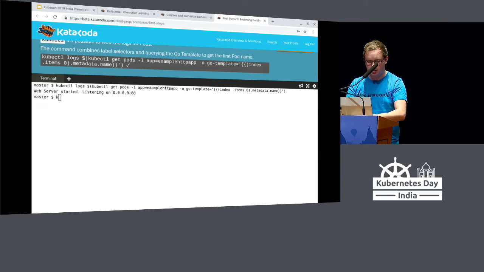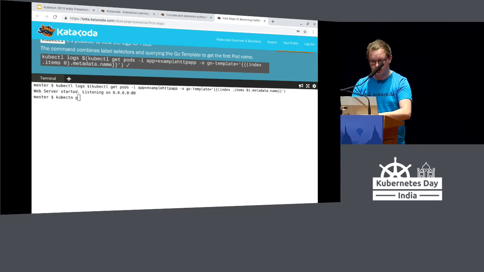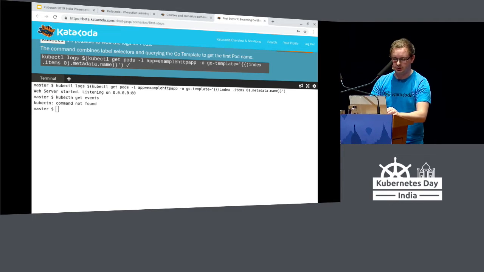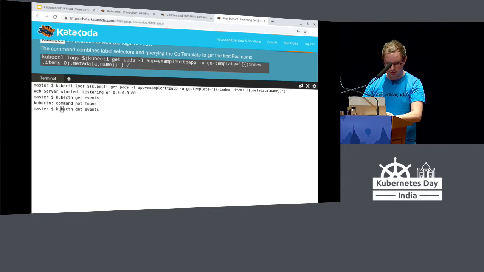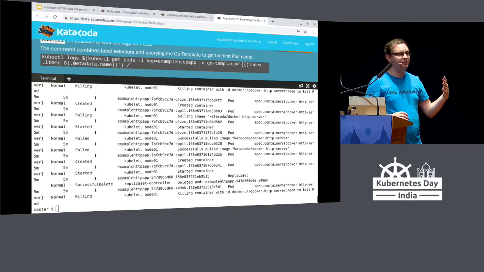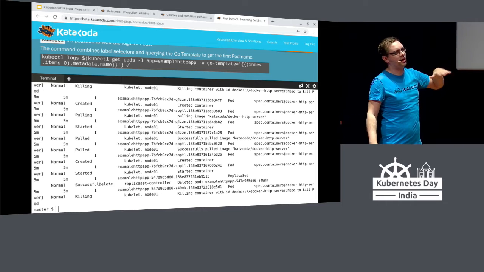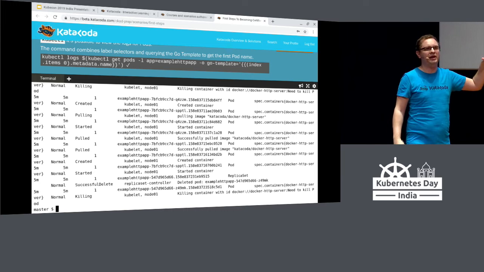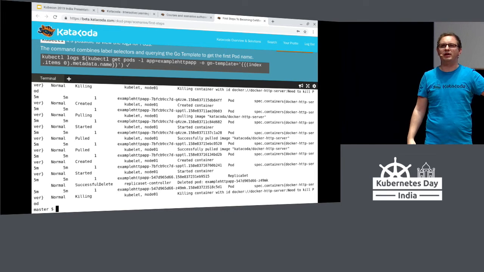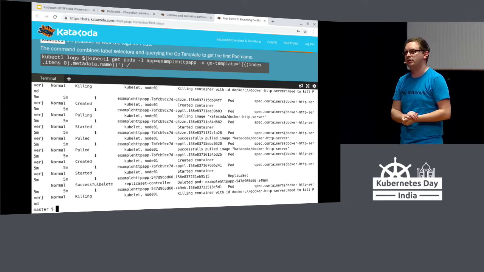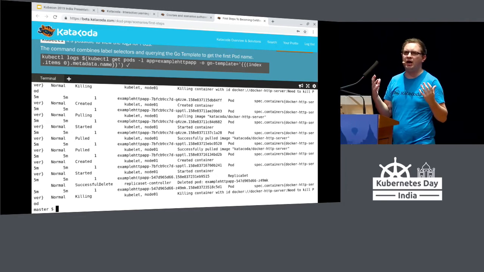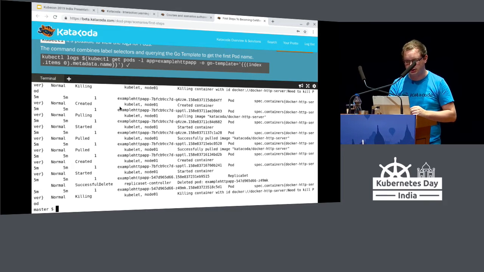So we can say, tell me all of the events that are happening within our cluster by saying get events, if I can type kubectl properly. See, didn't have auto-completion on that one. So now I can type get events, and this tells us the state of everything that's happening in our cluster. So if we're aware that problems are occurring, saying get events will tell us, has there been any scaling events occurring? Have new objects been created? What information is happening to help us identify where problems may have occurred and where problems may have started?